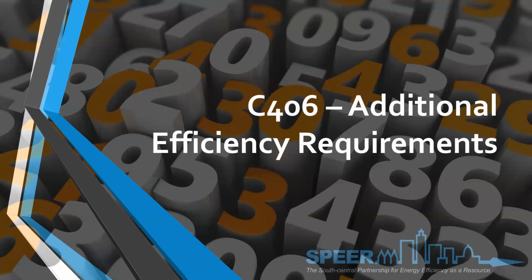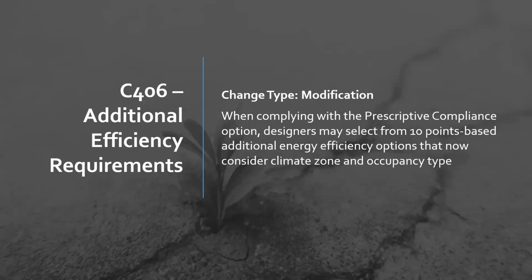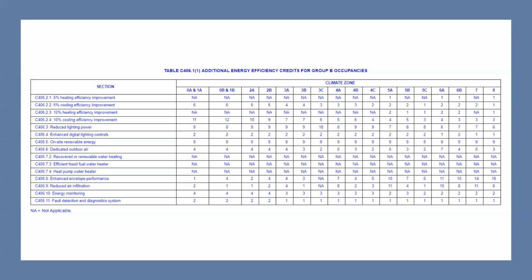So, additional efficiency requirements. When complying with prescriptive compliance options, the designer may select from a 10-point based list of additional energy efficiency options, now considering the climate zone and occupant type. You've already followed the code and the prescriptive compliance pathway, but now we have a table with all these different performance measures and energy efficiency improvements